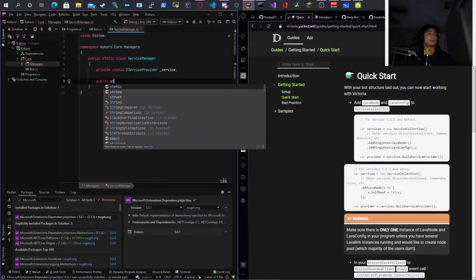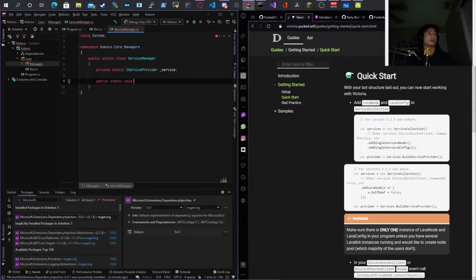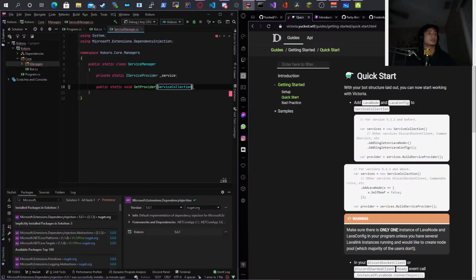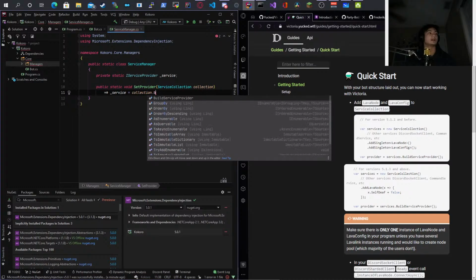But I need to do public static void SetProvider. It should be a service collection. And then I can do service equals collection.BuildServiceProvider.